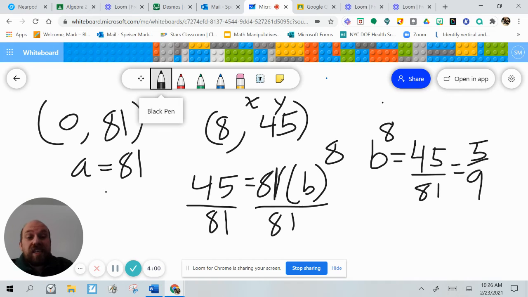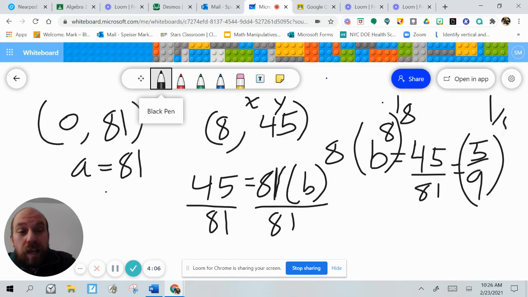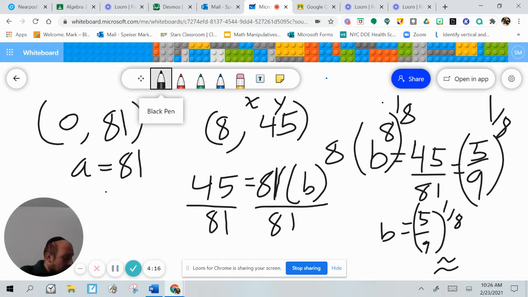And then we raise each side to the 1/8 power because we have the 8th power. It's always the reciprocal, the 1/8 power. So b equals 5/9 to the 1/8. To 3 decimal places, or the nearest thousandth, that is approximately